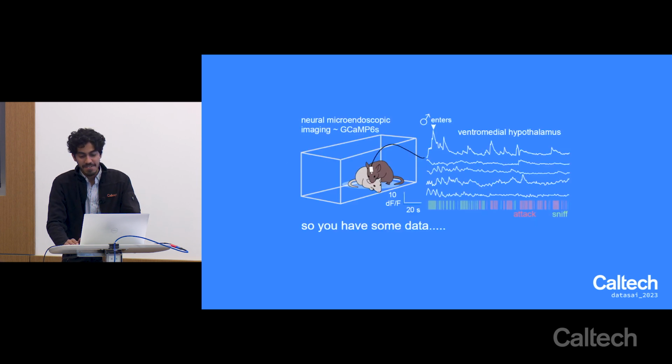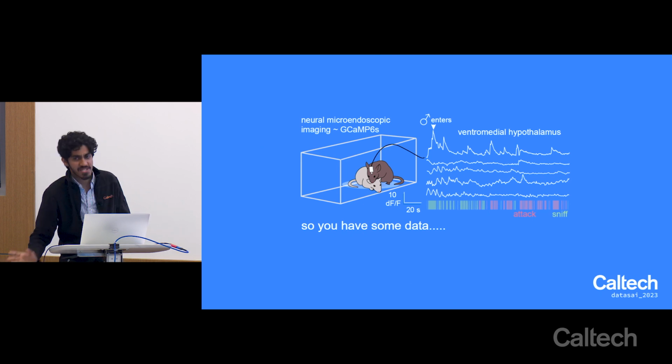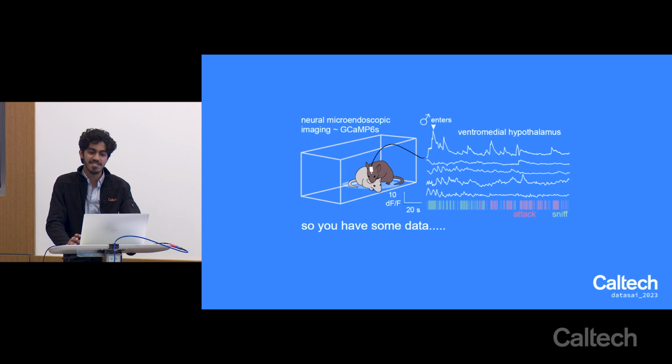Okay. So we're going to start with a broad level idea of why someone would take a course like this, right? So say you have some data. I'm assuming most of us have some kind of data that looks something like this. If you're from the Anderson lab, you have boatloads of stuff like this. This is an example of neural data recorded from a specific cell type in the hypothalamus. These are continuous time series data traces. These are calcium imaging traces.